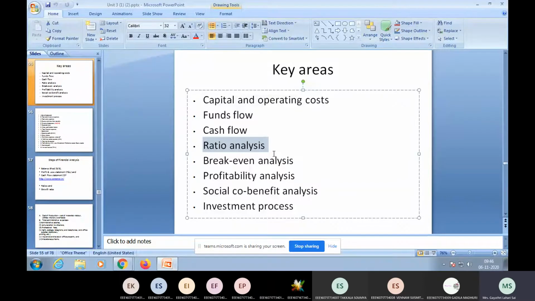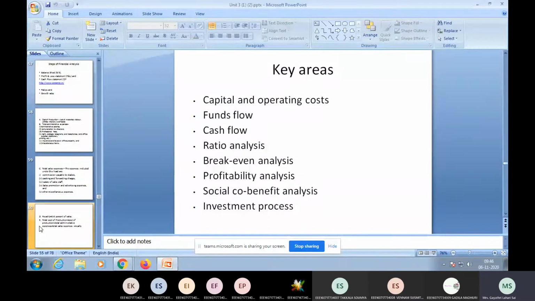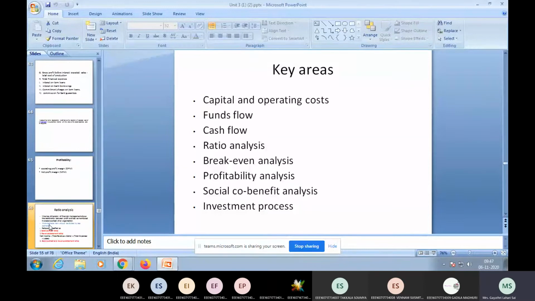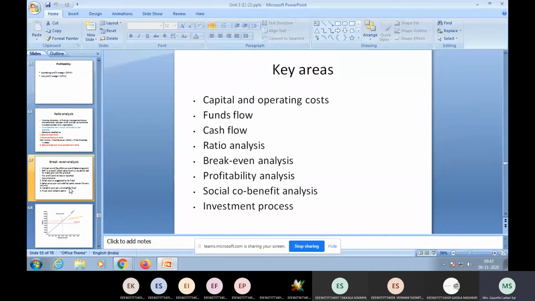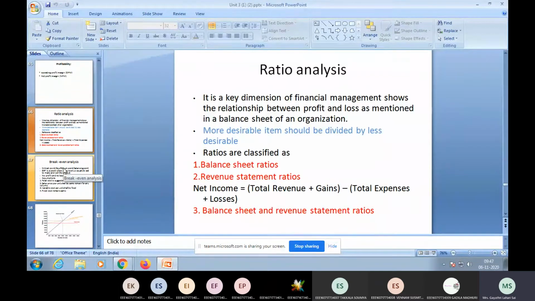In the profit and loss statement, or income statement, you will be given the operating profit. What is the net profit? What is the profit margin before tax and after tax? What is the tax percentage? What is the stock left in the firm? I'm sorry, everything will be given in the income statement, right? So now we will see ratio analysis. I said there are three types of ratios. One is balance sheet ratios, the second is revenue statement ratios, and the third one is compound ratios.